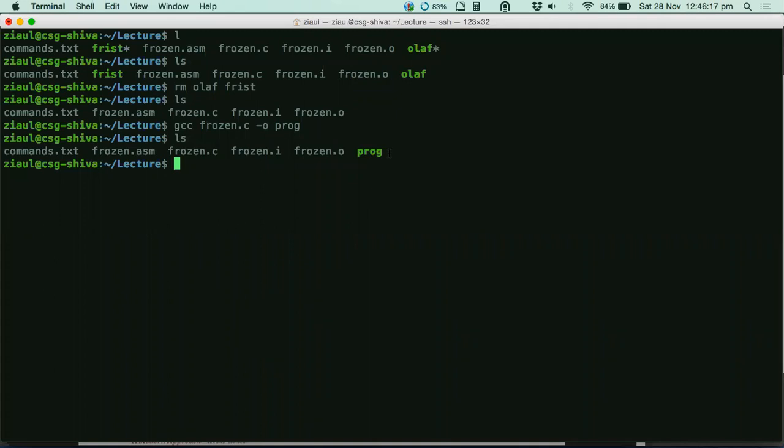Sir, I have a question. If you have two separate programs and you don't rename them, then you'll be screwed. Then it will be a problem for you. It will simply overwrite. Both of them will have the same name, and whichever you compile later will be the version of a.out.